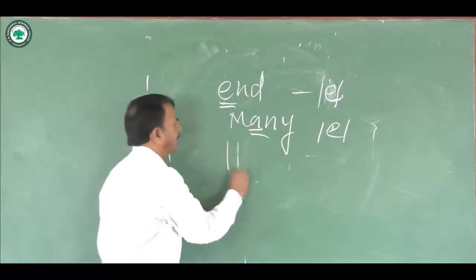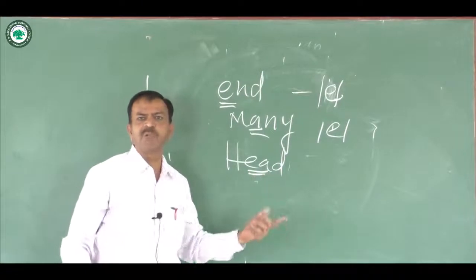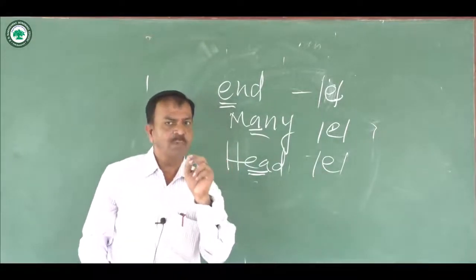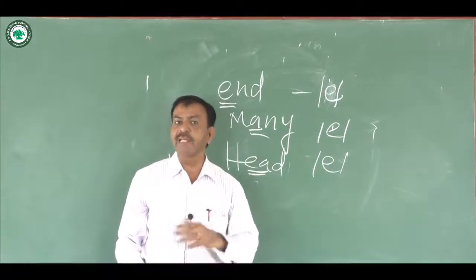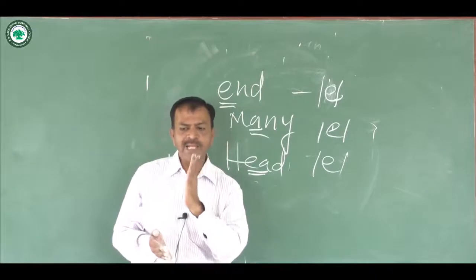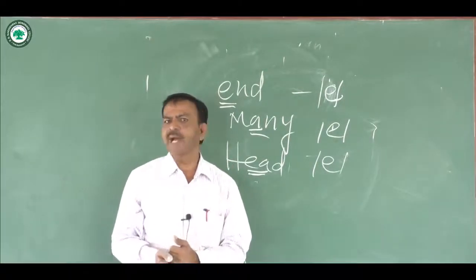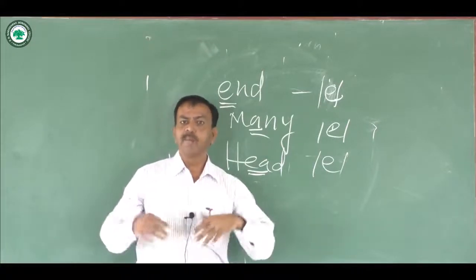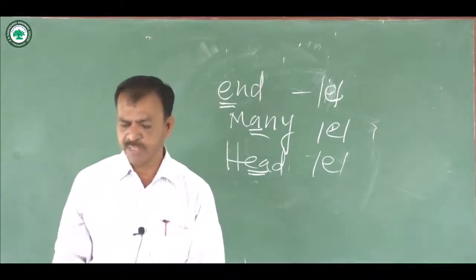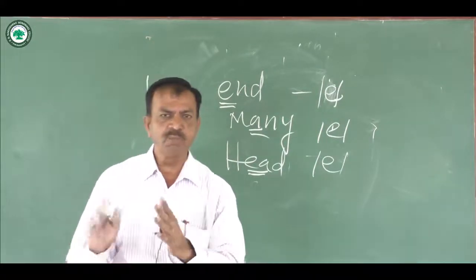But in the word head, here EA is pronounced as A. In the word friend, IE is pronounced as A. In the word leisure, here EI is pronounced as A. In the word leopard, here EO is pronounced as A. While in the example bury, here the letter U is pronounced as A. So how challenging this work is.